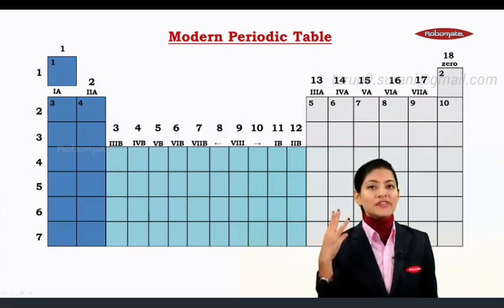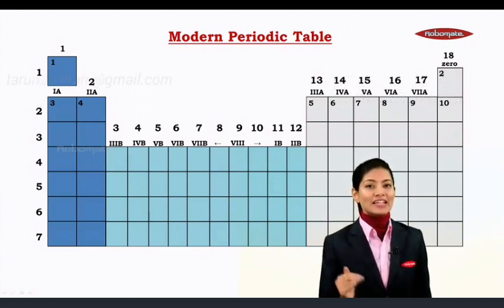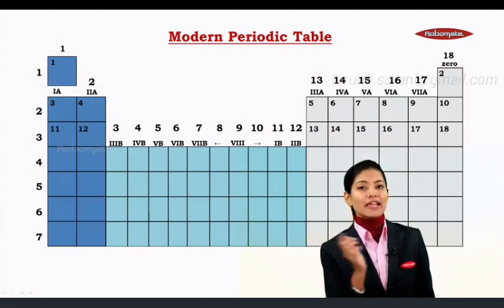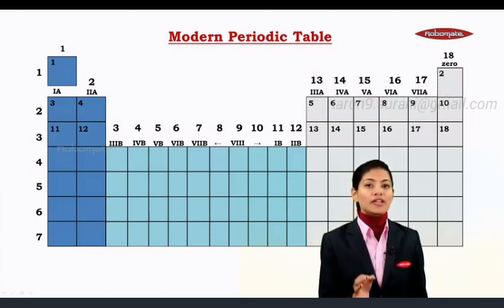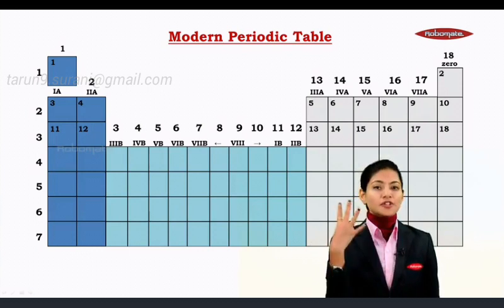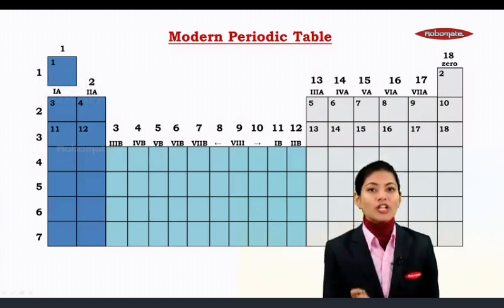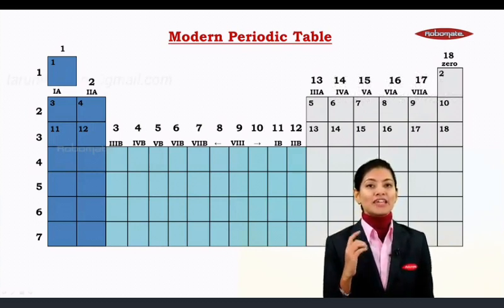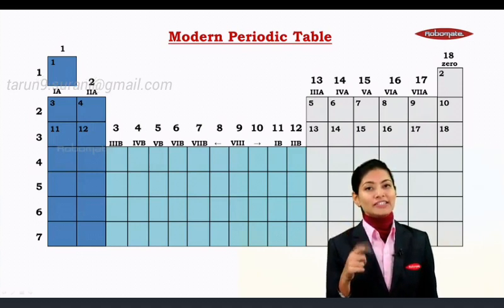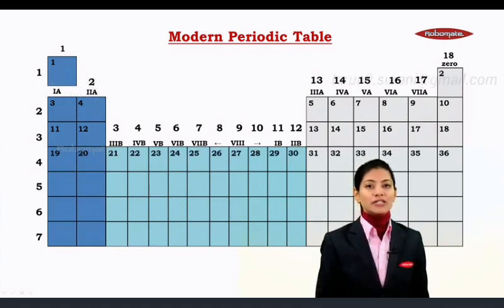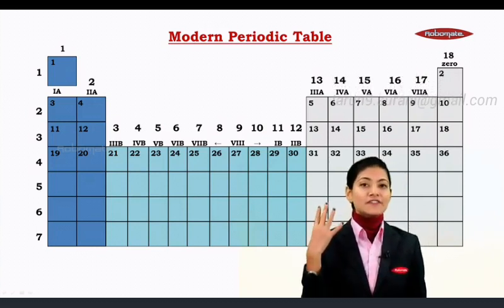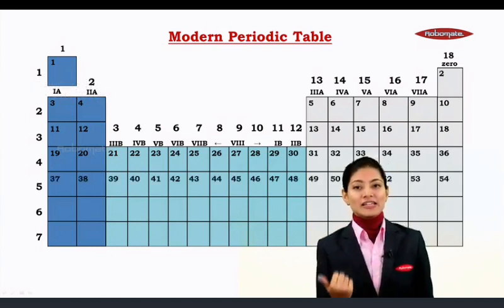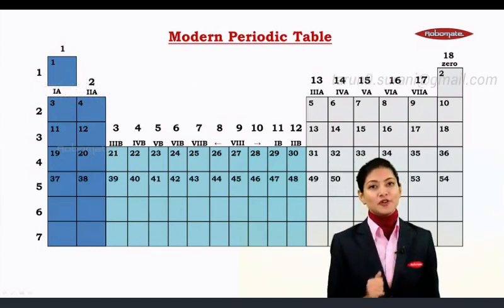Like the second period, even the third period has place for 8 elements. So if I count after 10, the next element will be 11, going up till 8 elements. So it includes the element with atomic number 18. The fourth period, you will realize, if you count, has place for 18 elements. So the fourth period will include a total of 18 elements. After atomic number 18, that is 19, up till atomic number 36. Like the fourth, even the fifth period has place for 18 elements. So after 36 comes 37, up till atomic number 54.